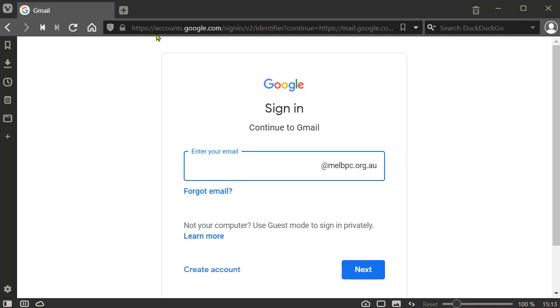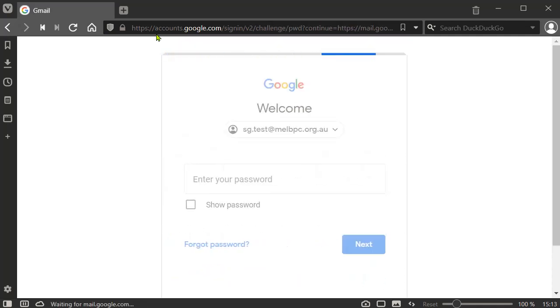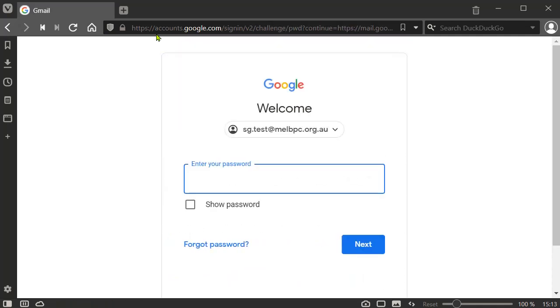I'll use mine in this instance. And then we press enter, and then we enter the password, and I'll enter my password. Then we press enter,